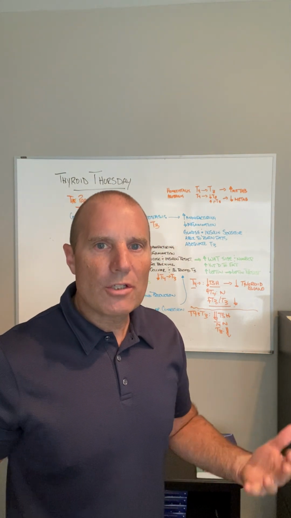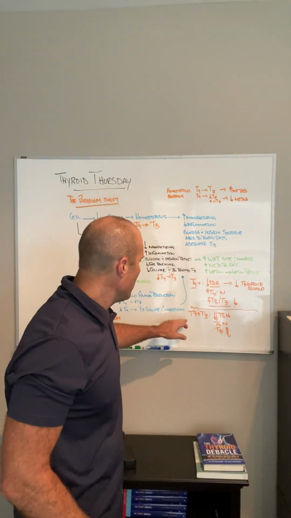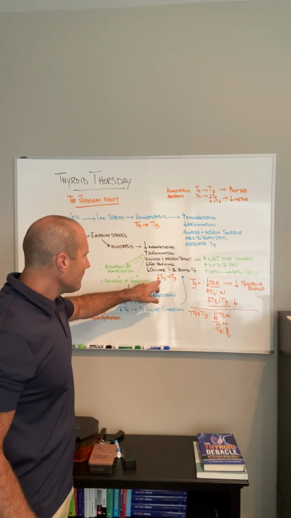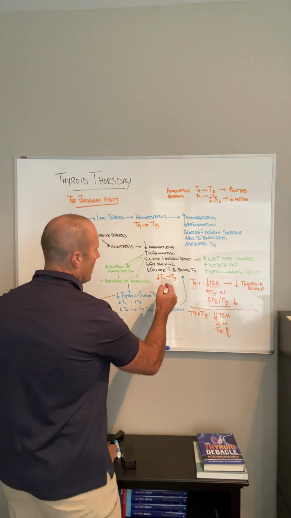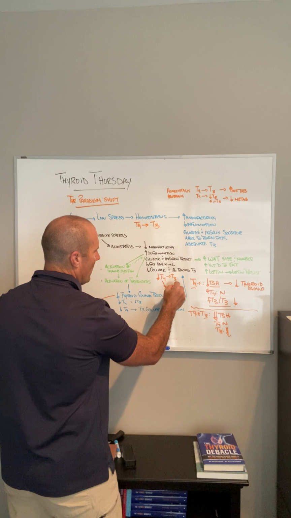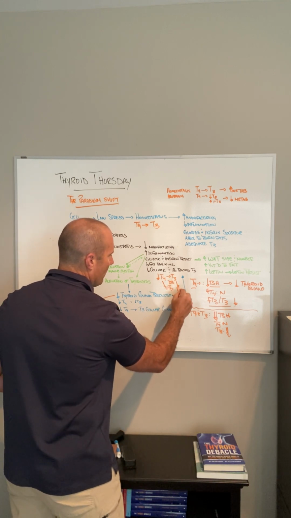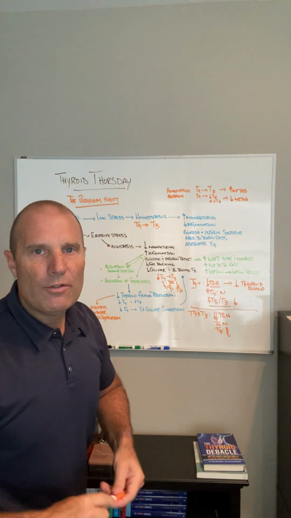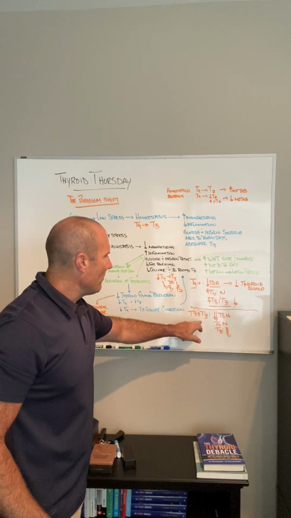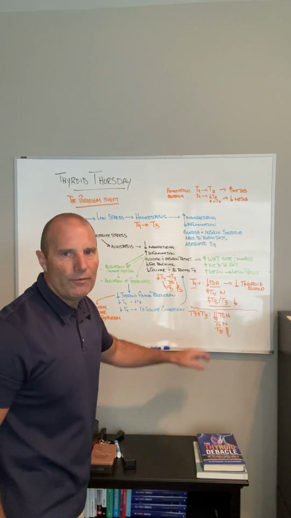And initially, every time you get a new dose of medication, a lot of times it makes you feel better and then it plateaus. But keep in mind, if the person's in allostasis and we give them T4, we said that the cells favor the deactivation of T4 to reverse T3, not to T3. But if we give them T3, the same enzyme, deiodinase 3, is going to favor the deactivation of T3 to T2. Now, there is a form of T2 that can still support the metabolism, but people wind up ramping up T3 levels just like they ramped up T4 levels, and in time, they still don't feel well.